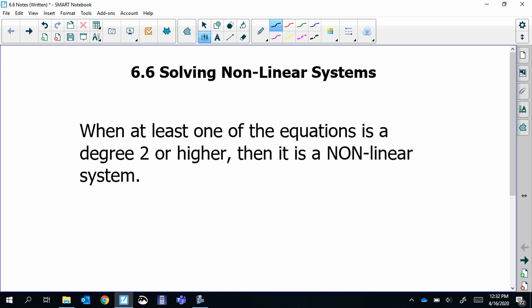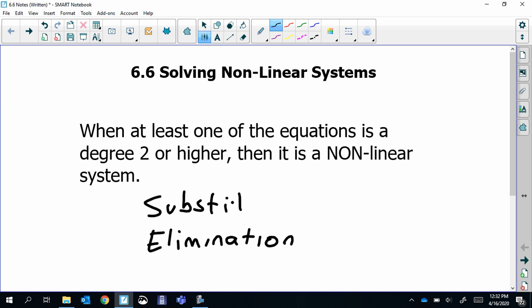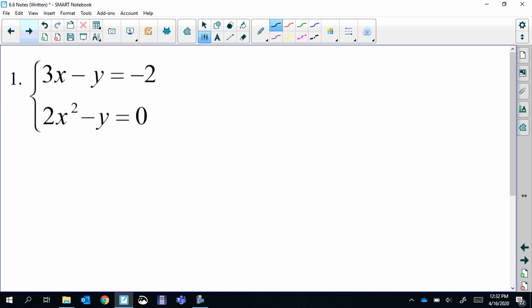So for now, you don't have to worry about what they look like. We're just going to be doing the algebra and going from there. We can do substitution or elimination, just like we did with linear systems. You can use either one. For this first one, we're going to look at doing a substitution, because these are pretty easy